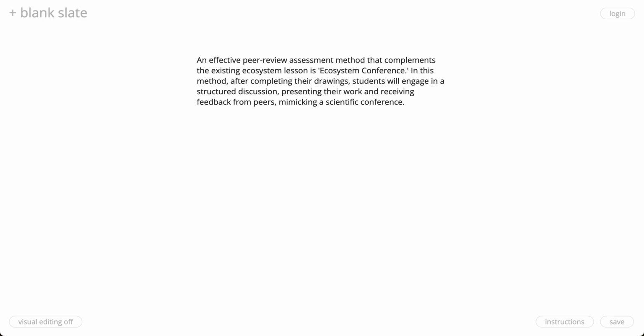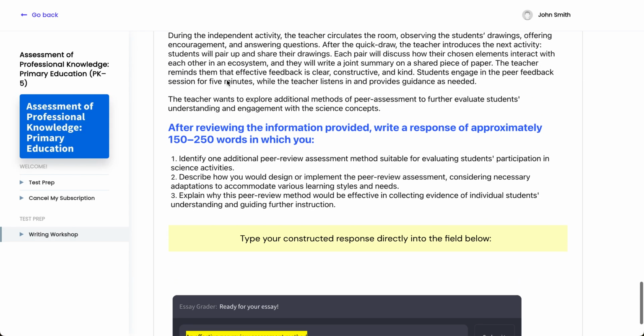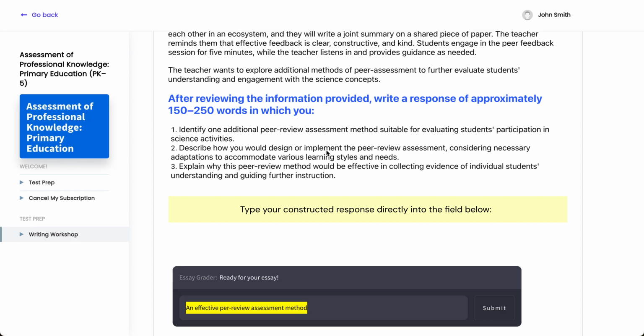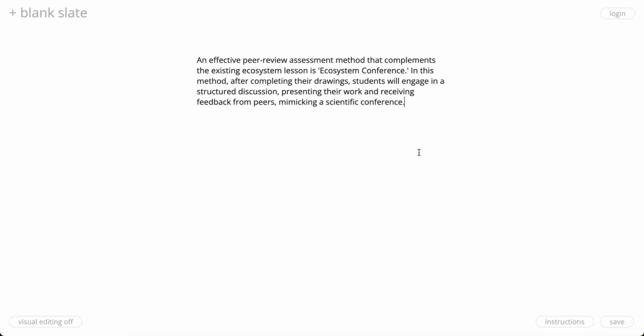Next, let's describe the implementation process in detail, focusing on how this method caters to diverse learning styles and needs. I'm just going to go back over here and look back at number 2. So describe how you would design or implement peer review assessment. Okay, so great. Now what I'm going to do is hit the enter or return button a couple of times, and I'm going to say, let's start this new paragraph and answer question number 2. To implement the, let's stick with the same wording,